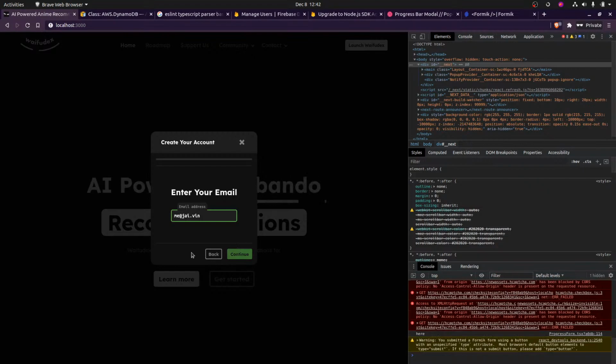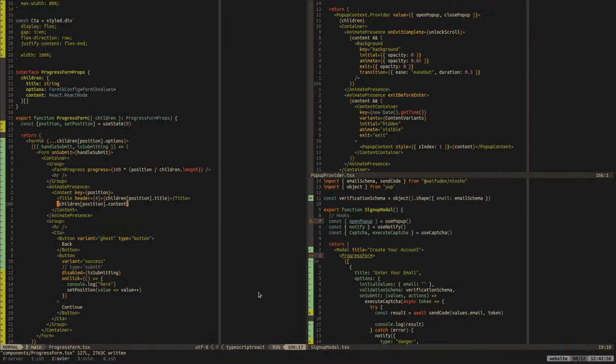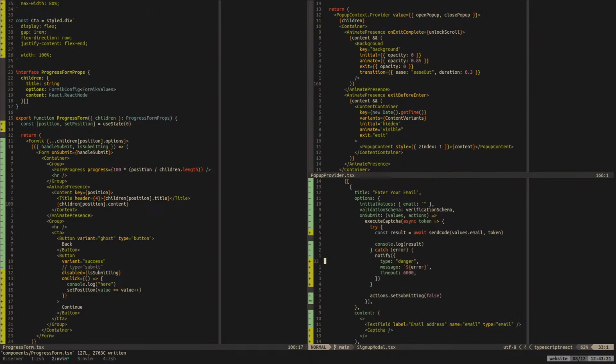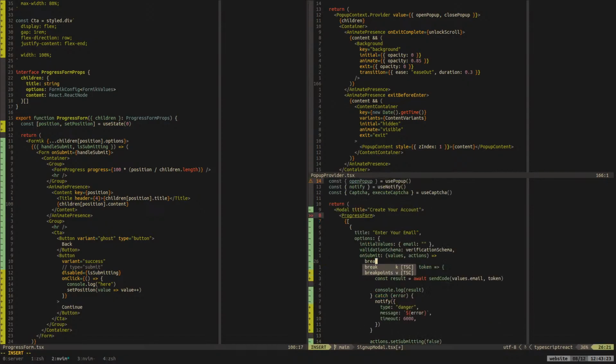Kind of. And why does it do that? That's the question now. Oh, because it's submitted. Interesting. Well, I want to temporarily disable things, so I'm just going to break out of it as soon as it goes.